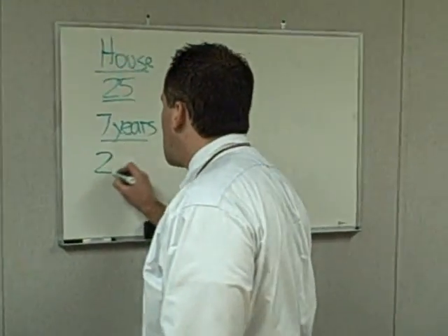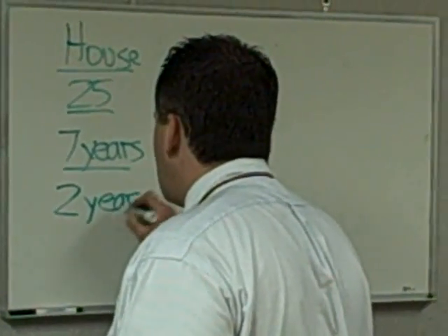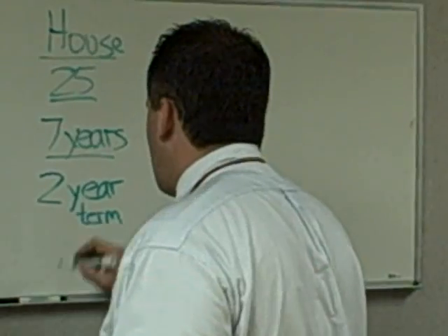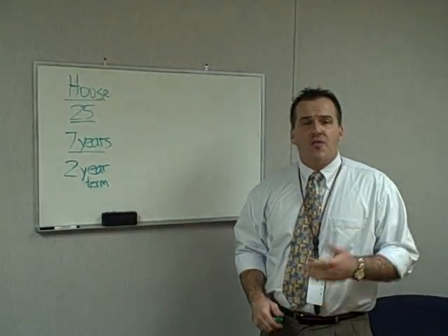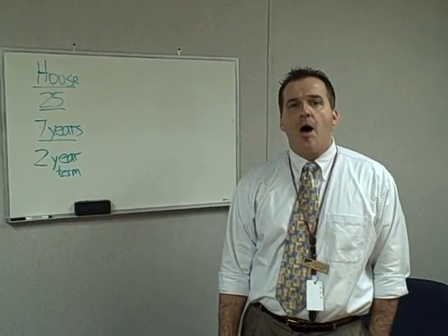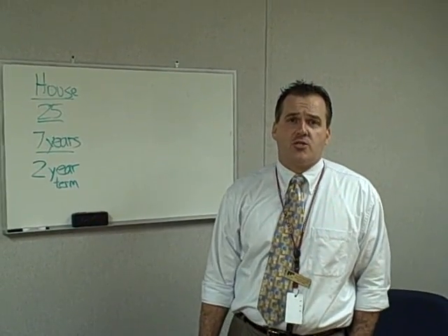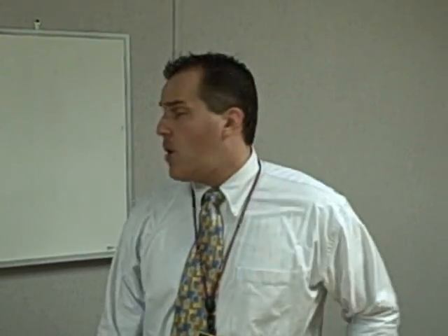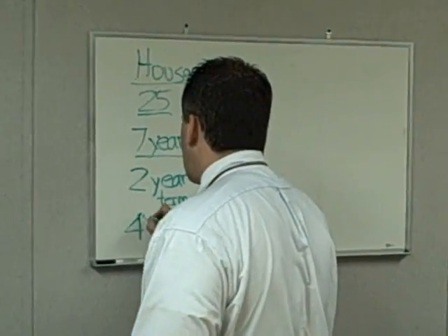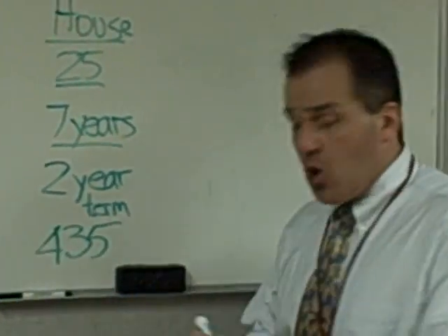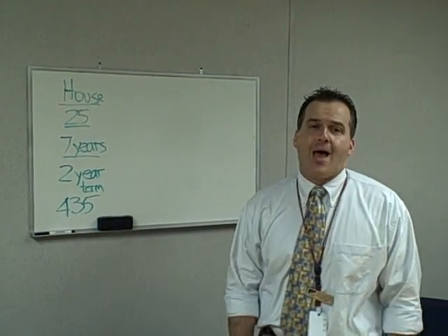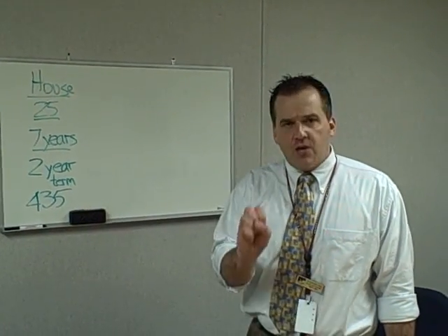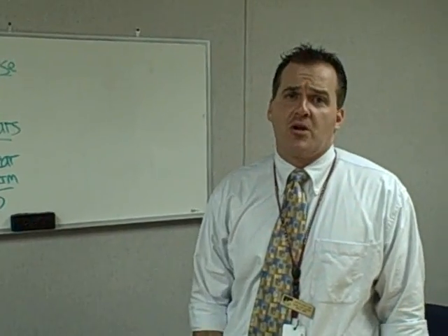Third thing for the House, you've got to have a 2-year term. Now understand on this, every 2 years, the entire House of Representatives is going to be up for election or re-election. Let me repeat that. Every 2 years, the entire United States House is going to be up for election or re-election, depending upon how you want to term it. Now, with this in mind, there are 435 House members. So every 2 years, in theory, you could vote out every single one of those rascals if you are not particularly pleased with what it is that they're doing.